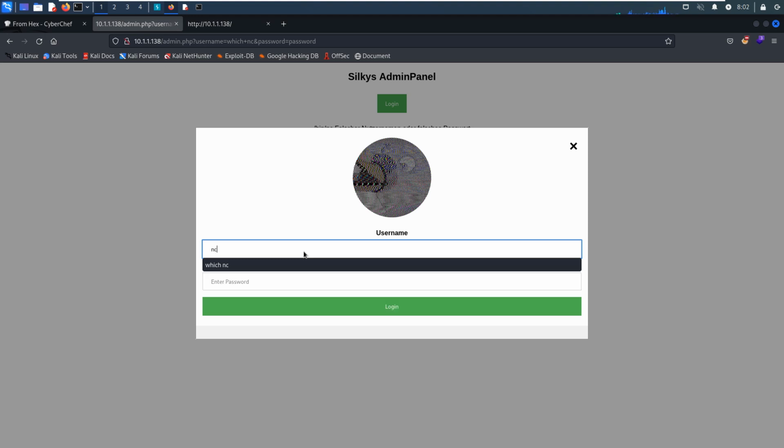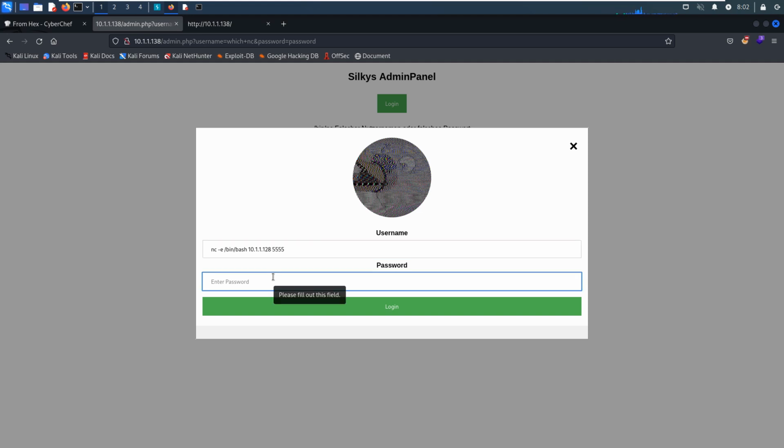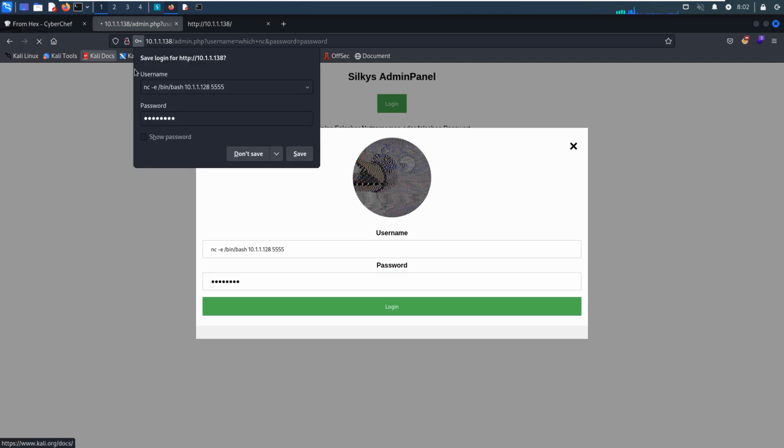We just run netcat, /bin/bash, the IP address of the Kali Linux followed by the port number, anything for the password field, and we can click login.